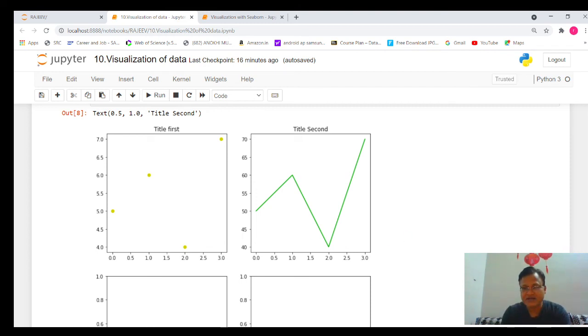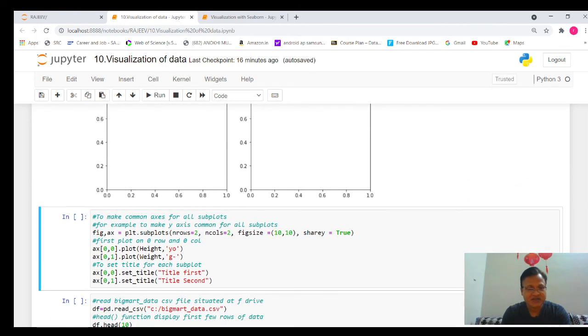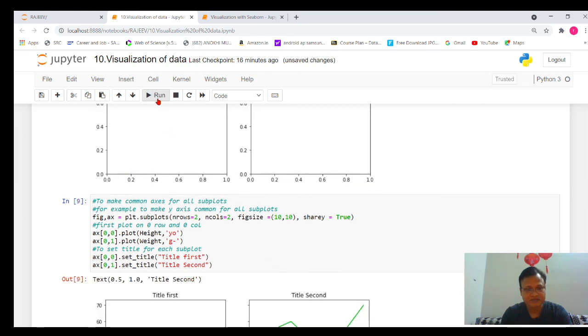To make the common axis for all subplots, you will use sharey equal to True. Sharey equal to True means now the y-axis values of both the graphs will be the same. Let's quickly execute that particular part to check. Here you can see there is now a single y-axis for both graphs.